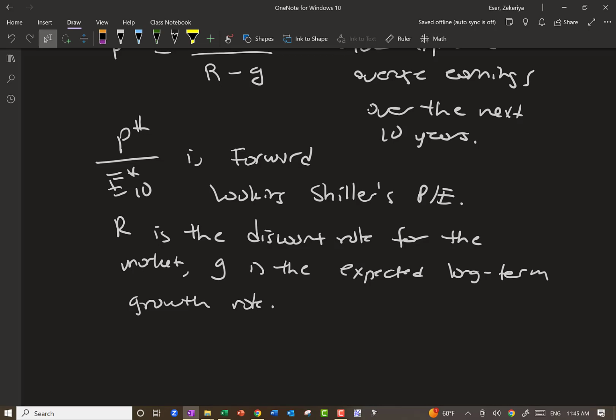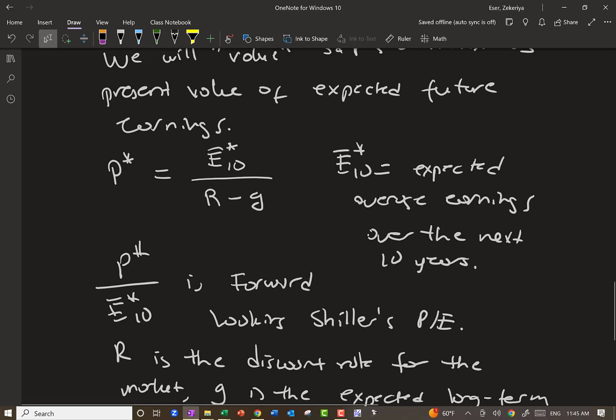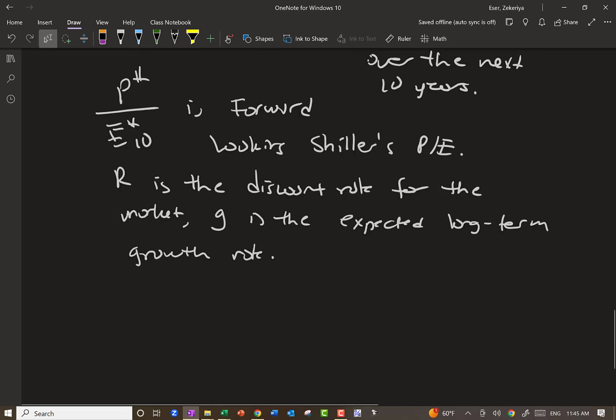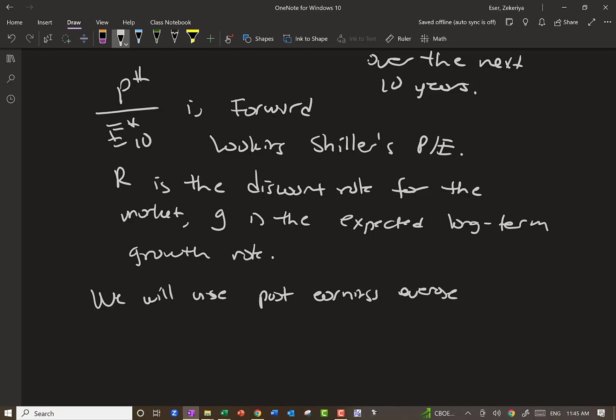Technically speaking, this model would say next year's dividend divided by R minus G, but I'm going to use the average for that. So we will use the past earnings average to estimate the future earnings average,